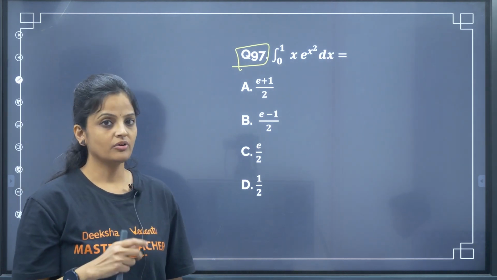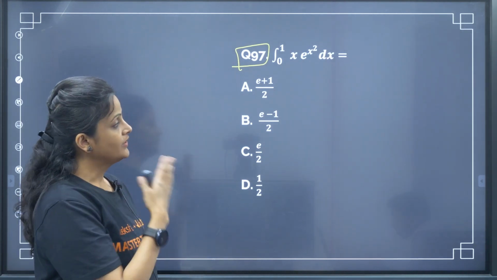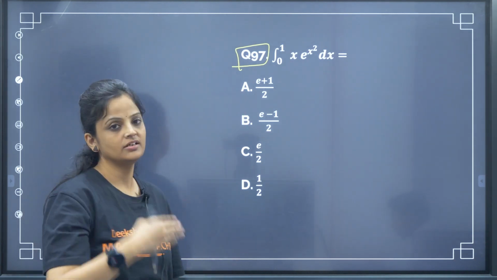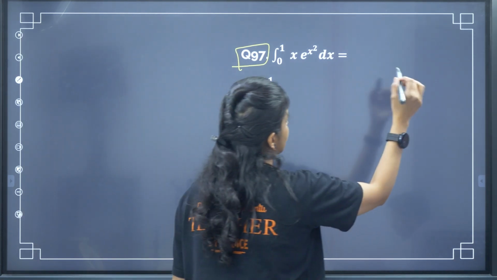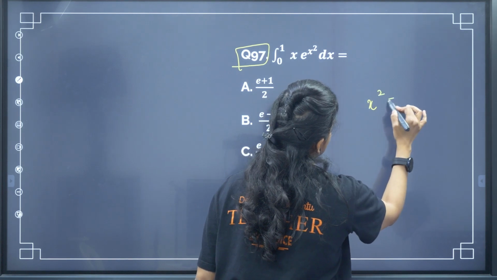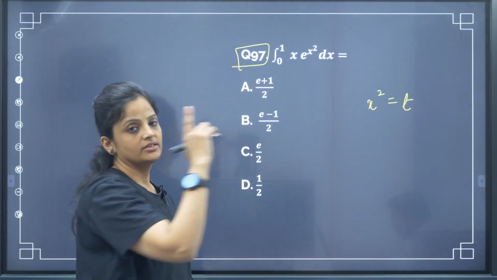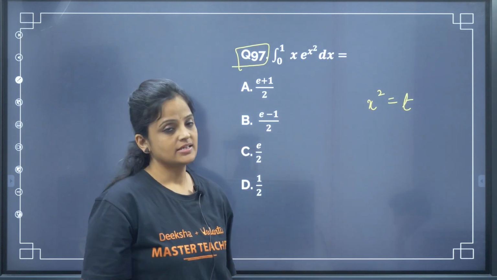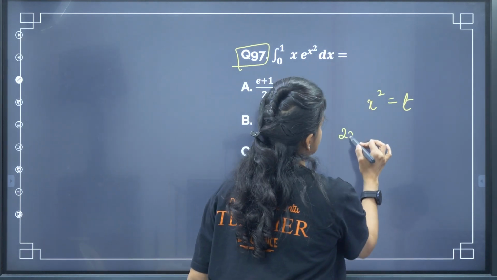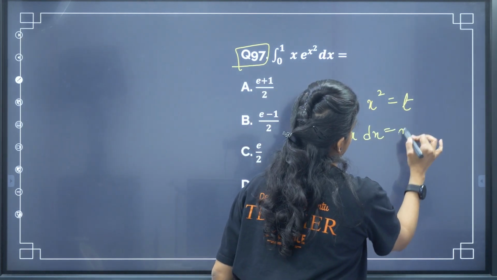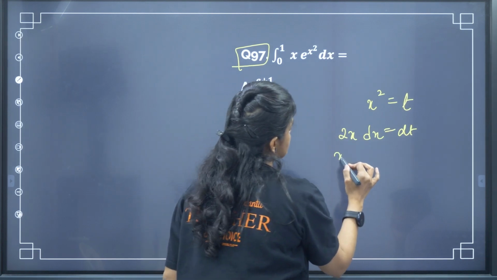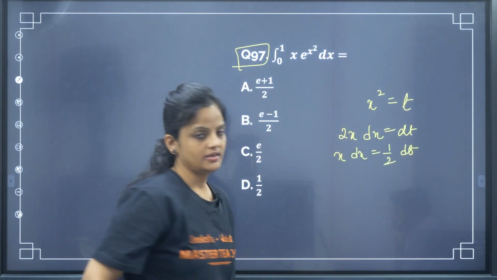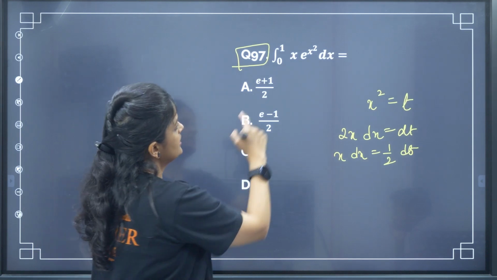Actually, if you see the analysis, definite integral is more compared to indefinite integral. So here we have definite integral where we have the limits. But if I take the substitution, I have to change the limits also. Remember that. If I take x square as t, I get 2x dx as dt. I have x dx in the question. Send the 2 to the other side. But if I have to change the limits,